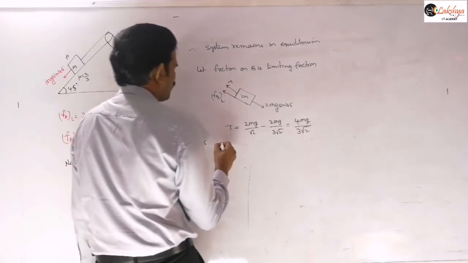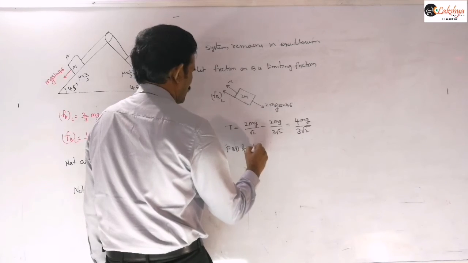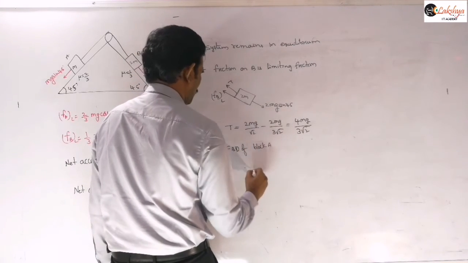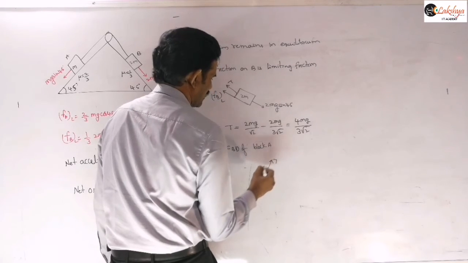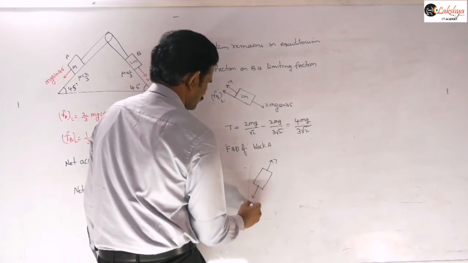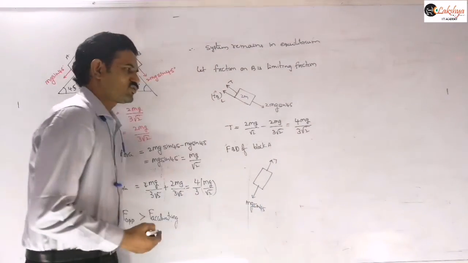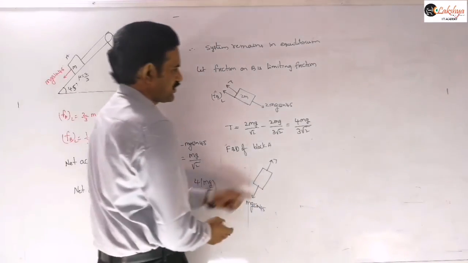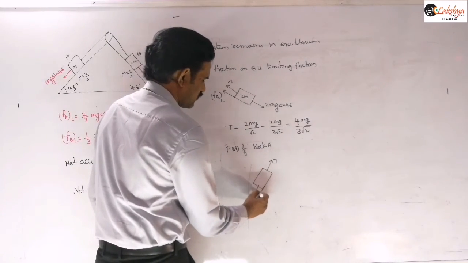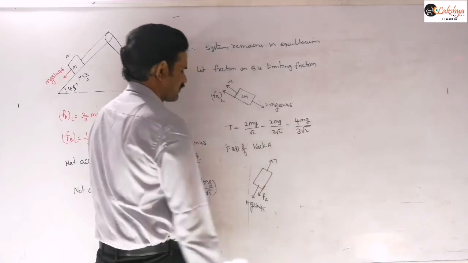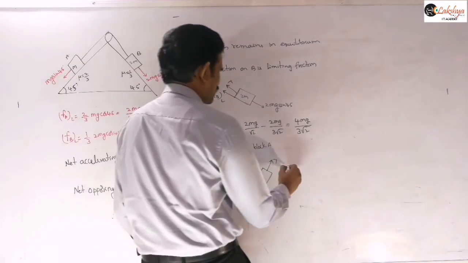Now let us take the FBD of block A. For this block A, the tension will be along this direction, and mg sin 45 will be along this direction. Now you need to decide the direction of the friction. You can observe that this tension will be greater than mg sin 45, so I am taking the frictional force on A in the downward direction. Again, we know that block A remains in equilibrium, so you can balance the forces.